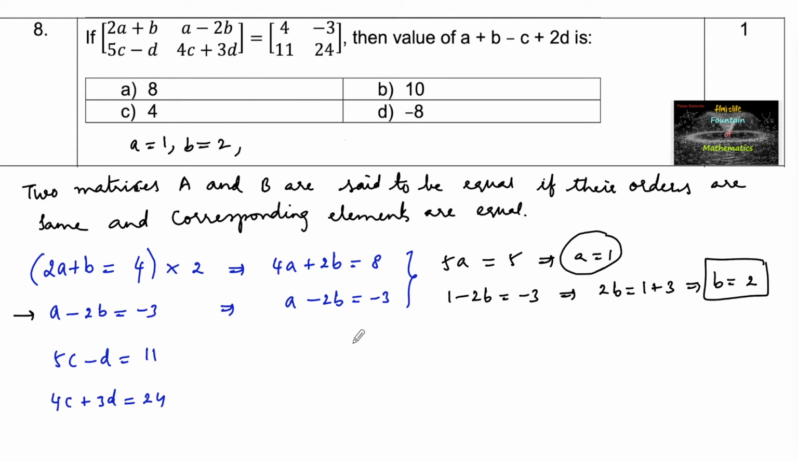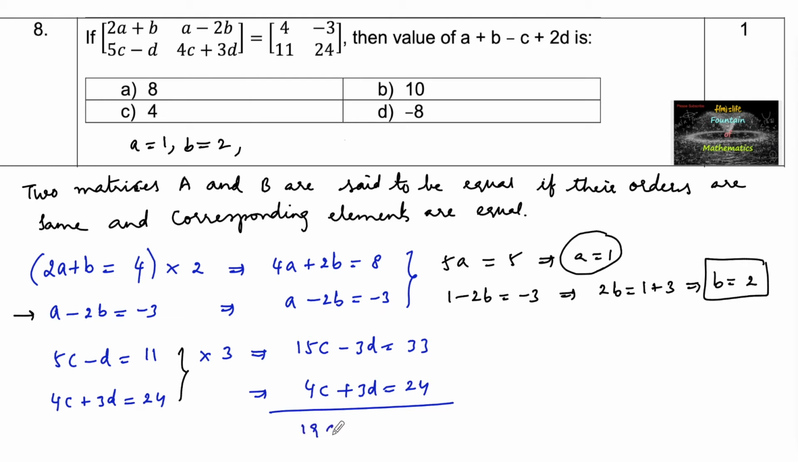B is equal to 2, and now solving these two equations, let's multiply the third equation, 5C minus D is equal to 11, by 3. So we can write 15C minus 3D is equal to 11 3s are 33, and the fourth equation as it is, 4C plus 3D is equal to 24. Now adding these two equations, we'll have 19C is equal to 57. So we have 19 times C is equal to 57, or C is equal to 57 upon 19, that is